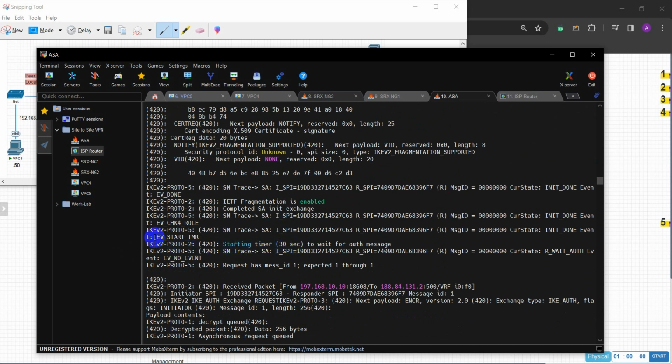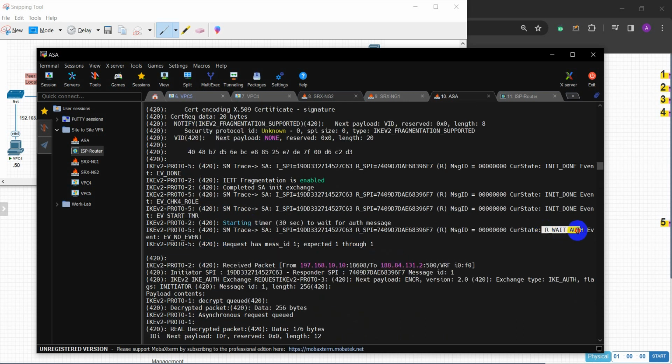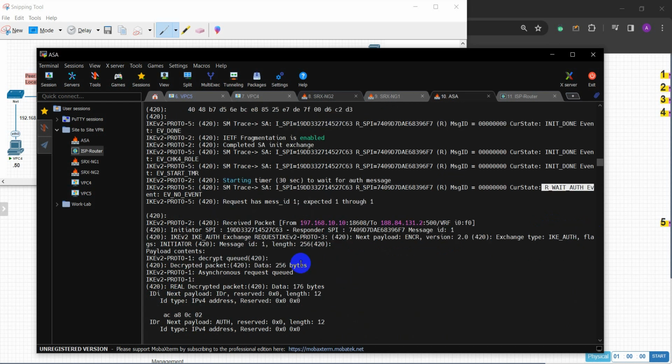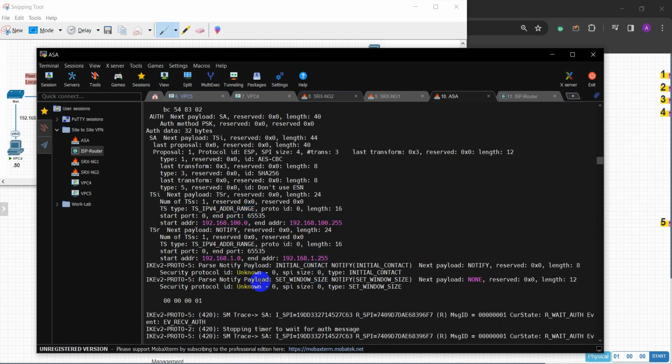So this is the SA timer started. All right, here we can see our wait authentication. It's waiting for the authentication. It has started IKE auth exchange, and right here these are the